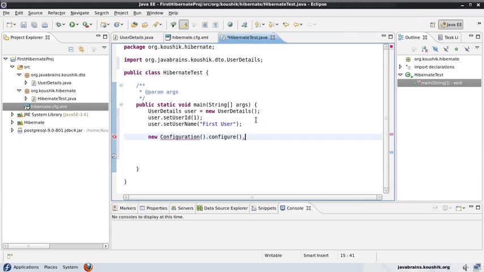Once we do the configure, then we can call the build session factory method. This build session factory method returns a session factory. So this is what we need. I will create a new session factory object, and I will assign this configuration.configure.buildSessionFactory. So I'm taking the configuration and calling its configure method so that it goes to this XML file and reads the configuration,